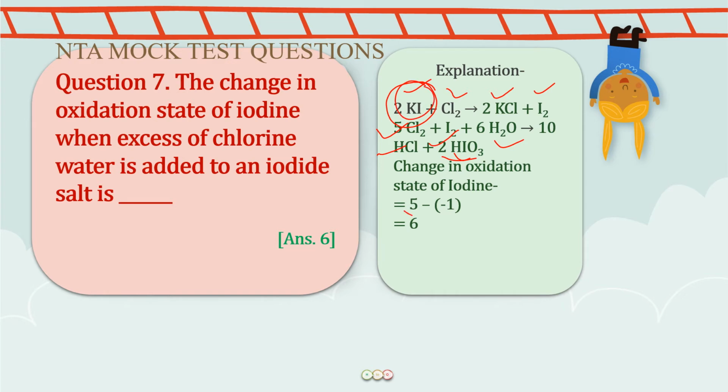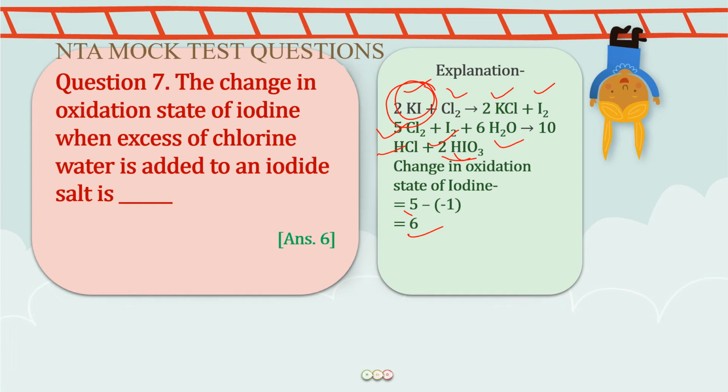So 5 minus -1 is going to be 6. So this is a change of 6 oxidation state for iodine in this reaction. Okay, so this is one of the very important oxidizing reactions of chlorine, and there are many more reactions given